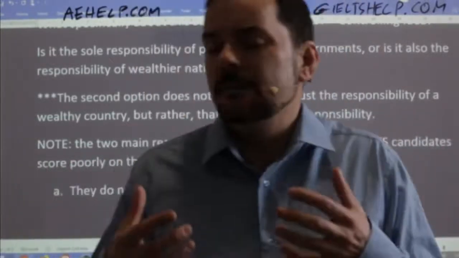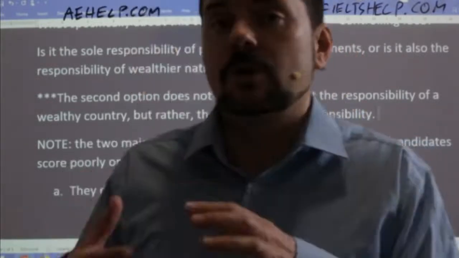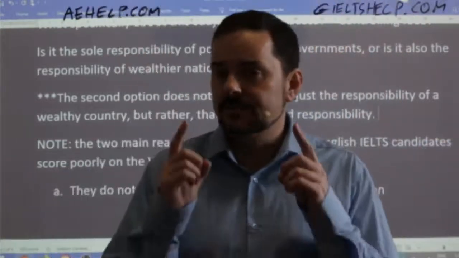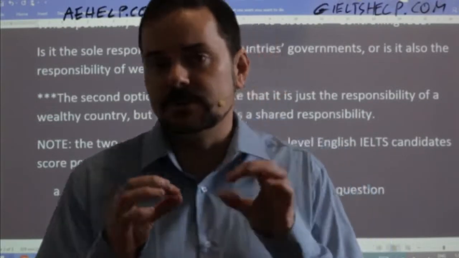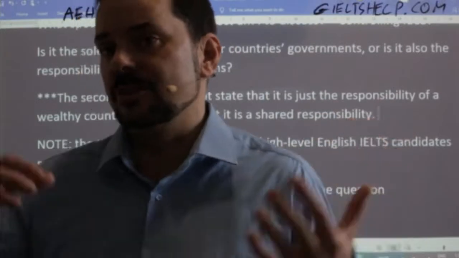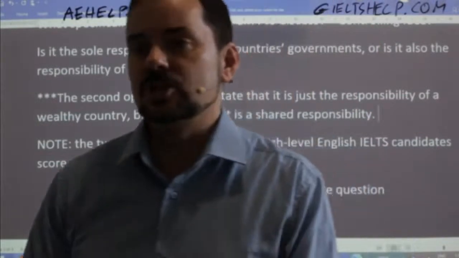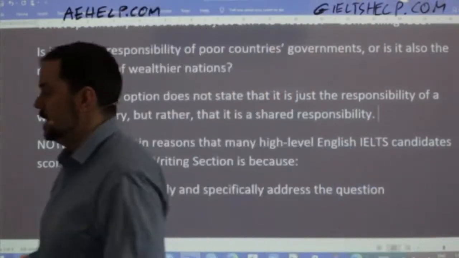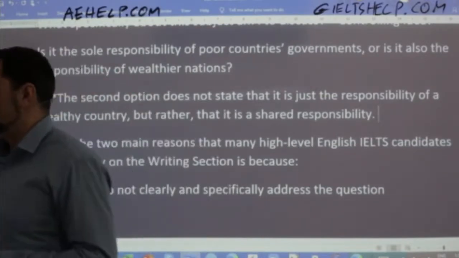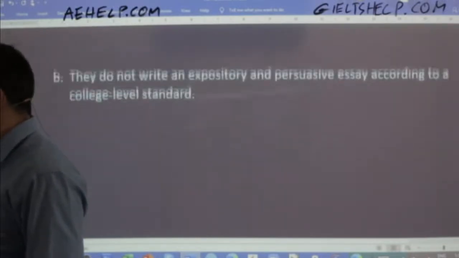Option B, obviously, is that the wealthier country gives assistance while the poor country also does what they can to progress. That's a very important idea to get here, okay, in this question. It's not the poor country doesn't do anything, but the wealthy country takes care of the population, all right? Okay, so it's very important. That's why you have to be accurate on the controlling idea. Okay, good. So now we have the right ideas, and now